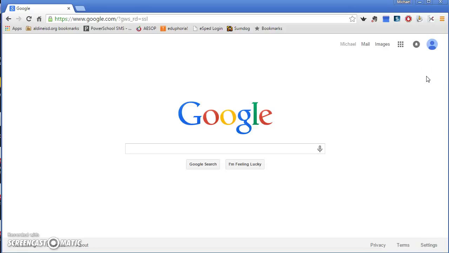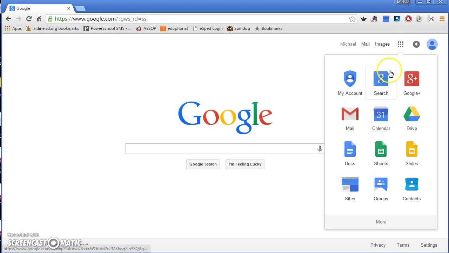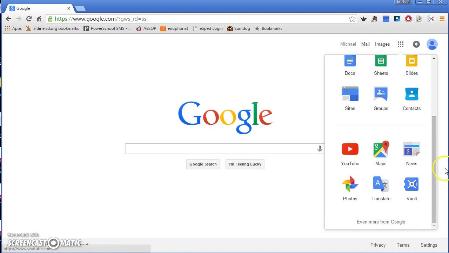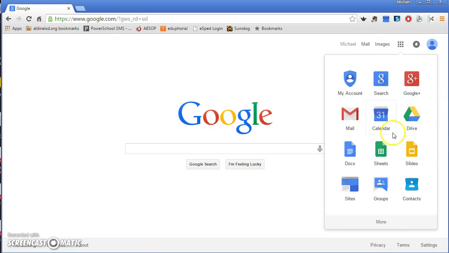This segment will be on Google Docs. You can get to Google Docs in a couple of different ways. If you are on your Google home screen, you can click the 9 boxes up here. And remember, your options may not be the same as mine, but if you do not see Google Docs, you can click More, and it should appear. You can click directly to Google Docs,